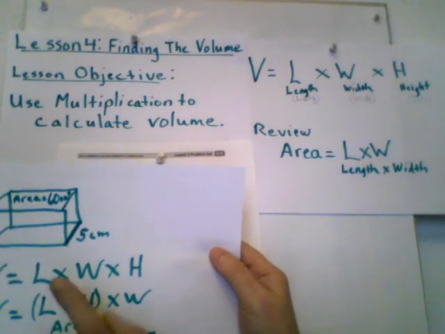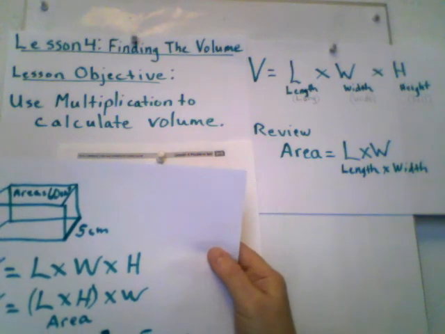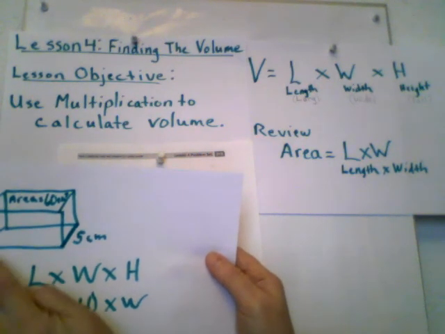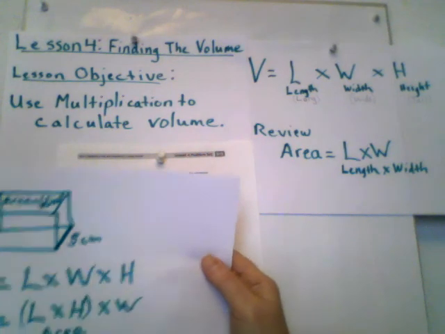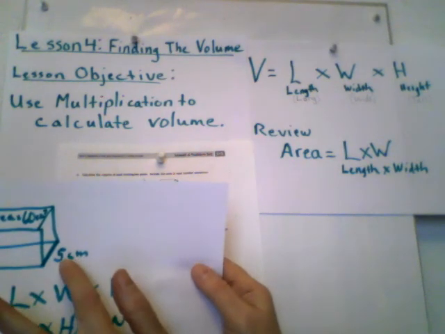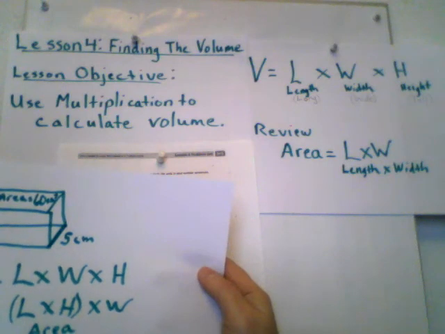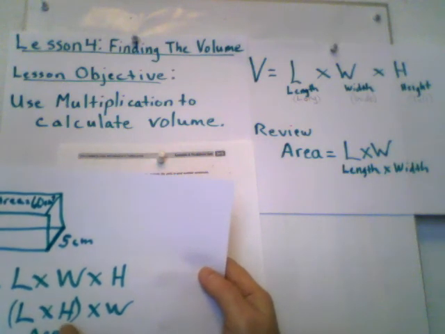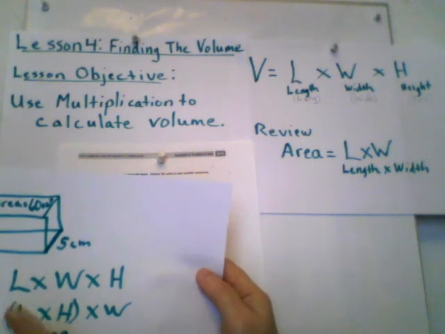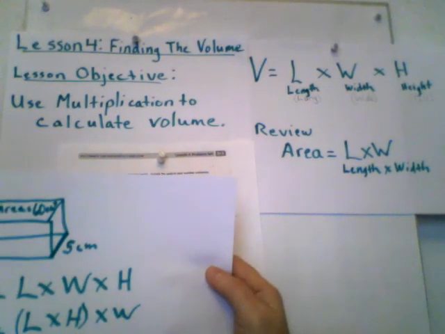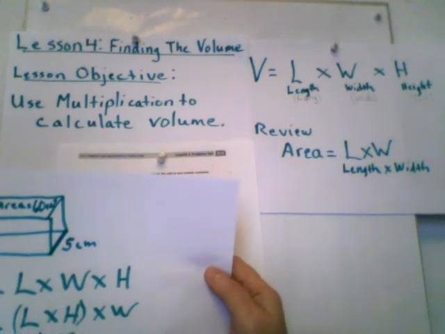So in order for them to have gotten the answer of 60, they must have multiplied already the length and the height, because we already know what the width is. So they ended up getting 60 centimeters by multiplying the length and the height, or those 2 sides. Now I just have to multiply it by the third side. So I have to multiply 60 centimeters